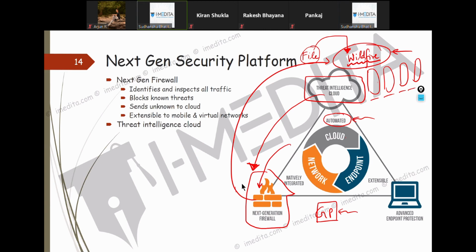Now, threat intelligence cloud is also giving you a community approach. Palo Alto has taken a community approach to security.